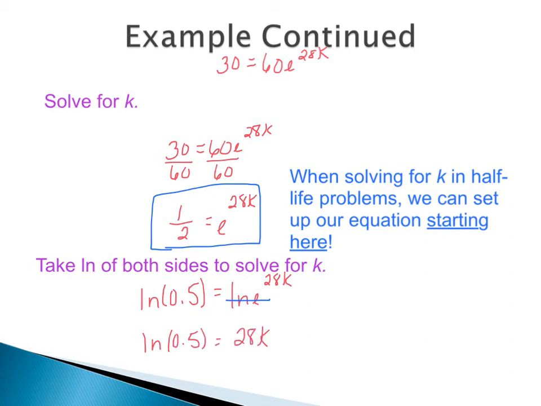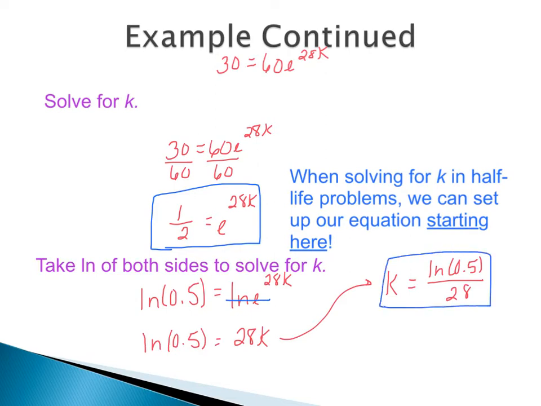From here then we just have one last step in order to solve for k. We need to divide both sides by 28. So we will end up with an exact answer of k equals the natural log of 0.5 over 28. Again, we want to keep this exact answer unless we're told to round. I'm going to keep this throughout the rest of the problem, but if you did want to put this in your calculator,